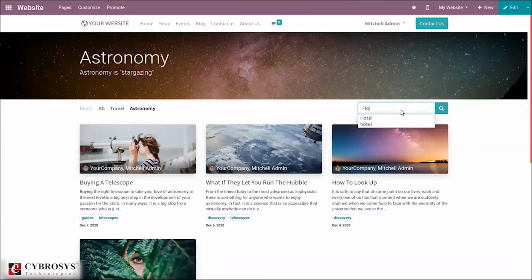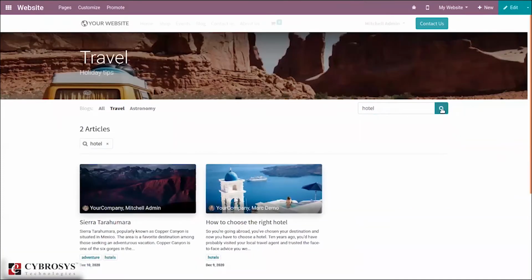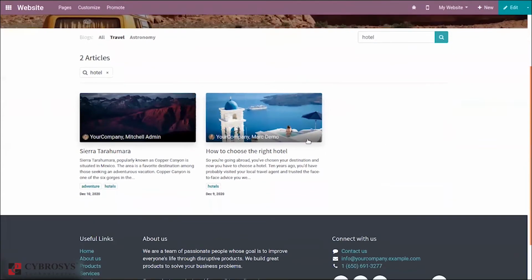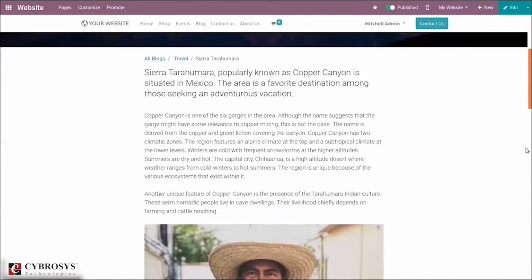If I enter hotel, just choose travel, and search for the word, you can see some details are shown for that search. There are two results shown, and you can pick one. When you choose one, you can see that blog post in detail.